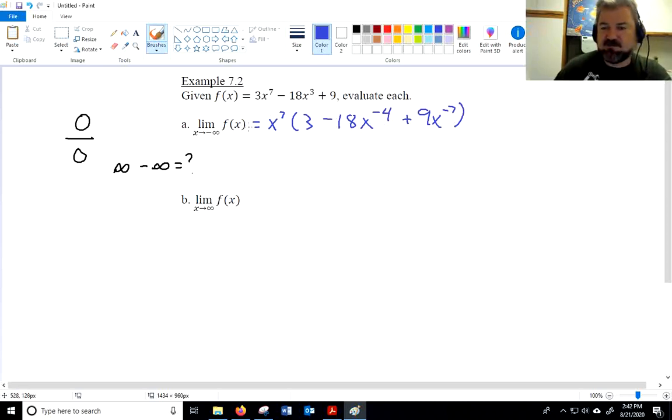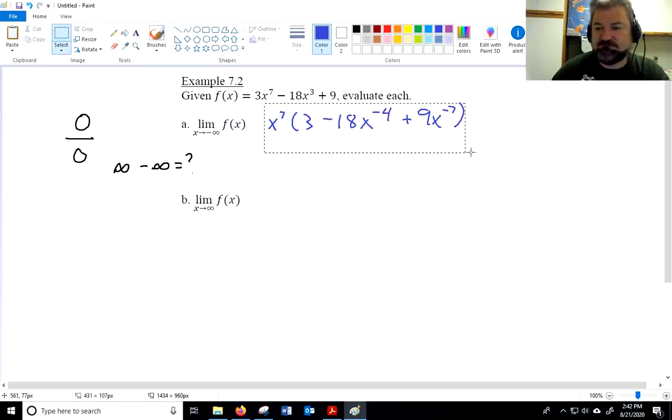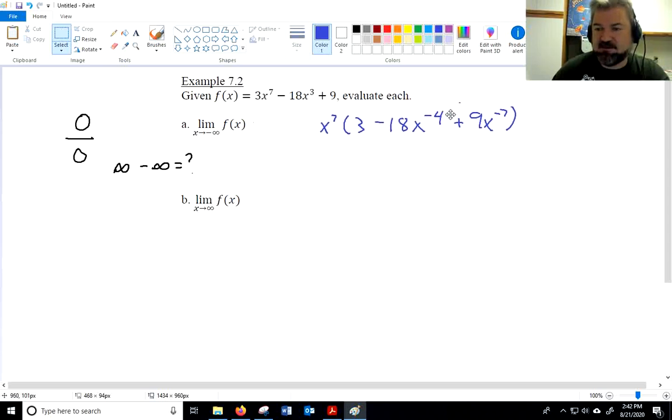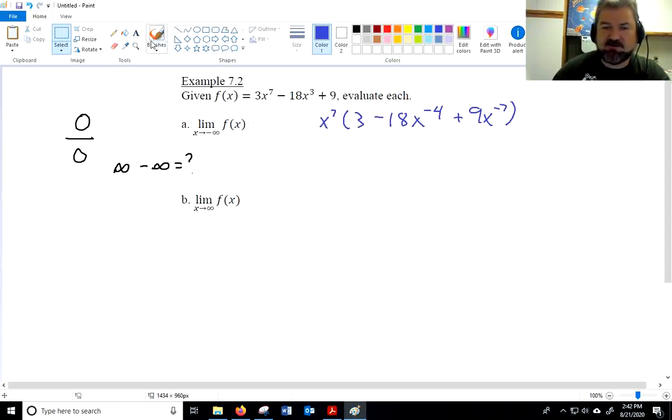All right, ooh, you know what I did? I forgot to write the word limit, and I didn't plug in. So, good news. I can do that. You probably can't on your paper, and 1,000 pardons. Limit as x goes to negative infinity. All right. Now I'm going to plug in. So this becomes negative infinity to the 7th power times 3